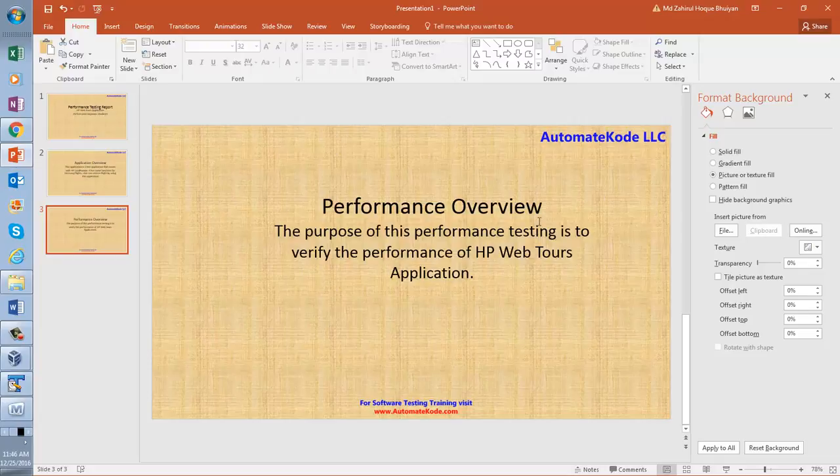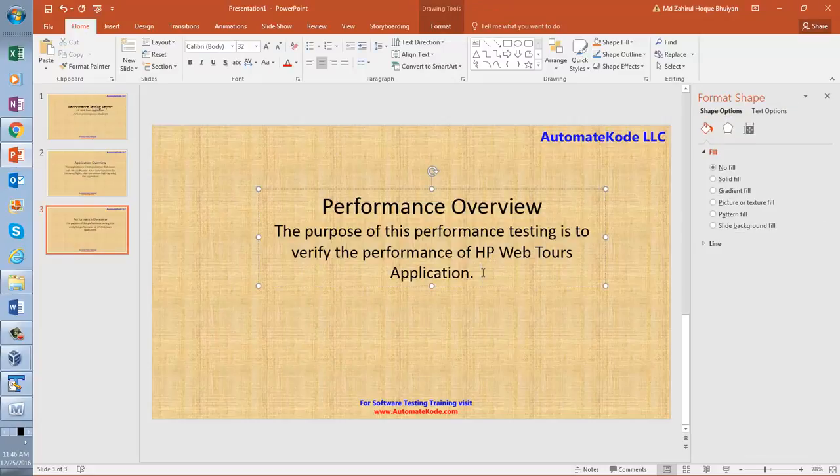What is the purpose of this performance testing? The purpose is to verify the performance of HP Web Tools application. Let's say HP Web Tools application is going through some code modification. So the purpose is that the new code modification is not degrading the performance, right?